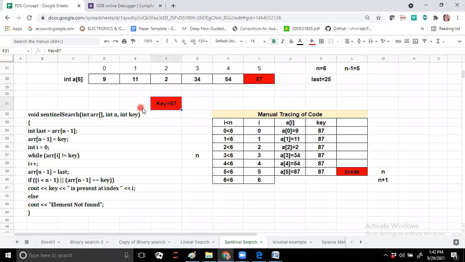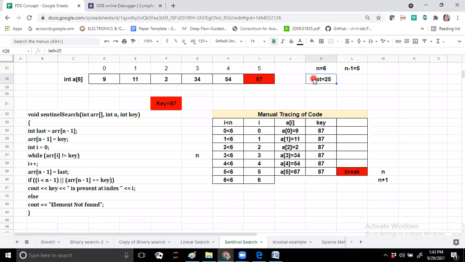For this 25, we are again going to put this 25 stored in the last variable into array of n minus 1. That means array of n minus 1, what is n minus 1? 5. At a of 5, at a of n minus 1, what is stored? 87 is stored. At this same position, now we are putting the last element.